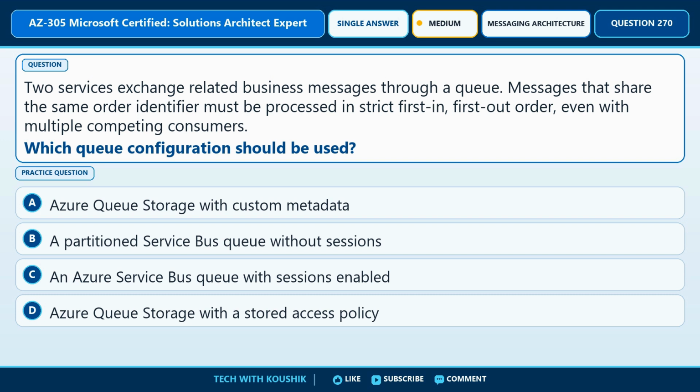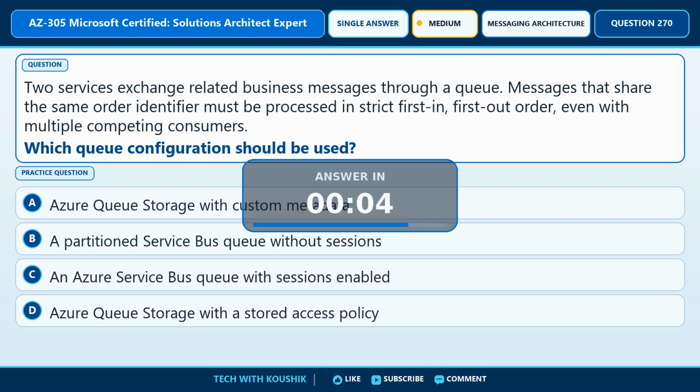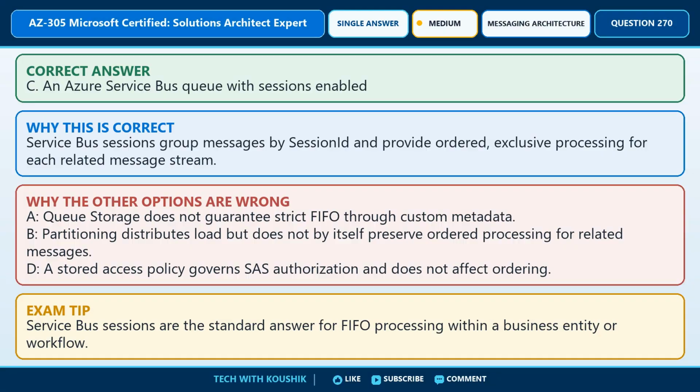Review the options. Choice A, Azure Queue Storage with custom metadata. Choice B, a partitioned Service Bus queue without sessions. Choice C, an Azure Service Bus queue with sessions enabled. Choice D, Azure Queue Storage with a stored access policy. The correct answer is option C, an Azure Service Bus queue with sessions enabled. The requirement is satisfied because Service Bus sessions group messages by session ID and provide ordered, exclusive processing for each